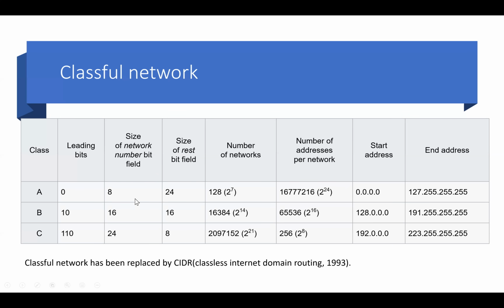And similarly, for class B, 16-bit is used for network, and 16-bit is used for host addressing. And the number of addresses available is around 65,535. It is 2 to the power 16 minus 1. And the start address will be 128.0.0.0 to 191.255.255.255. For different kinds of networks, because if you go and read, you will find that there is a